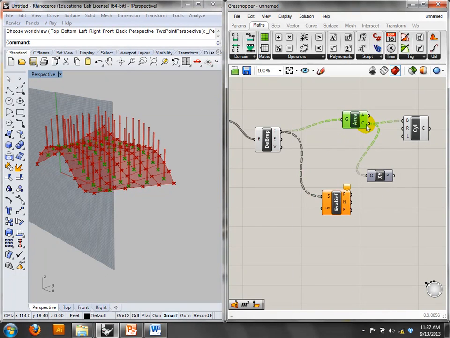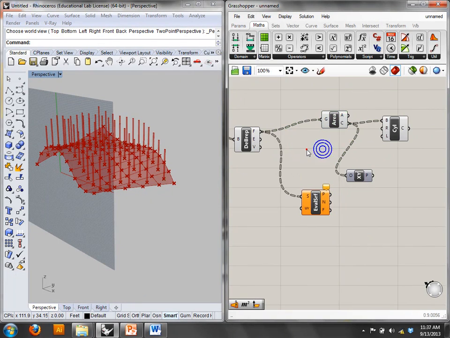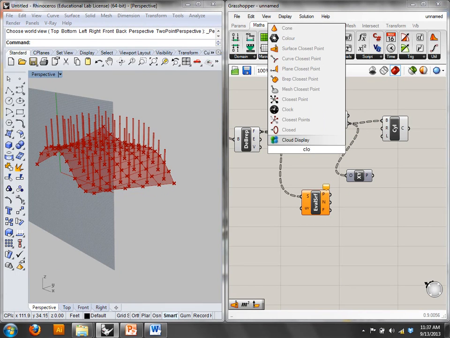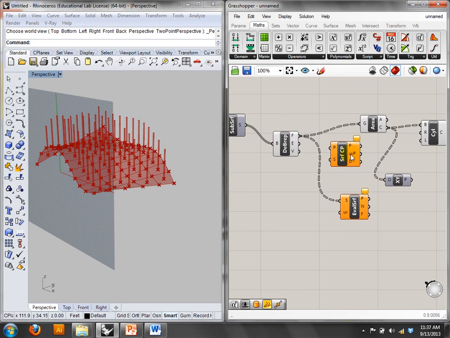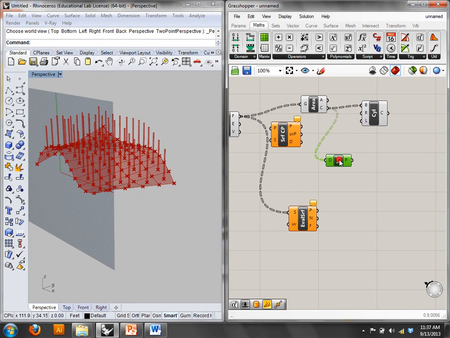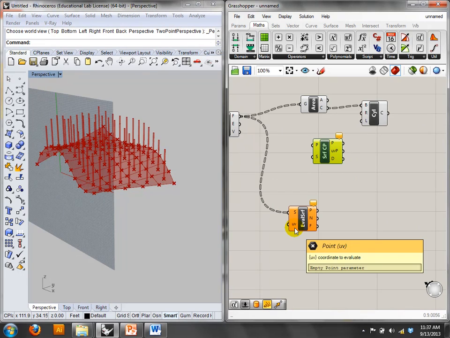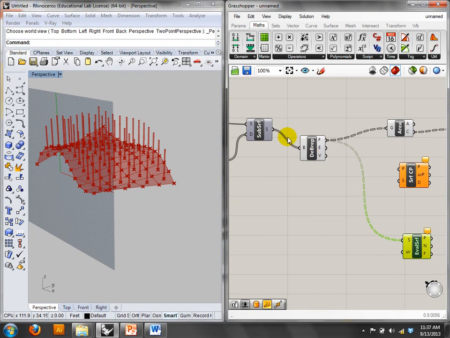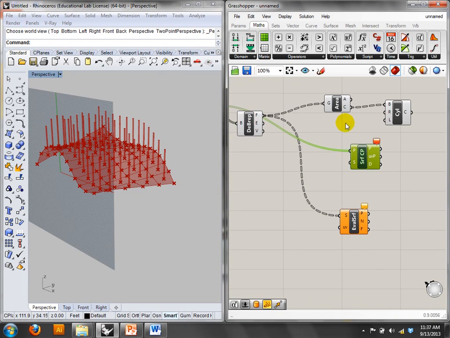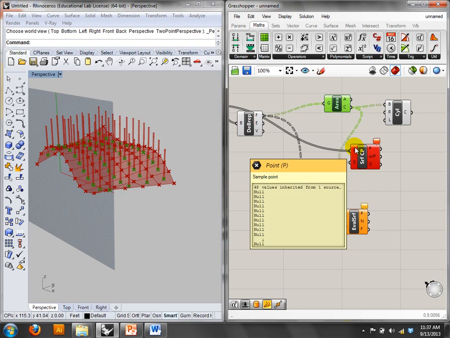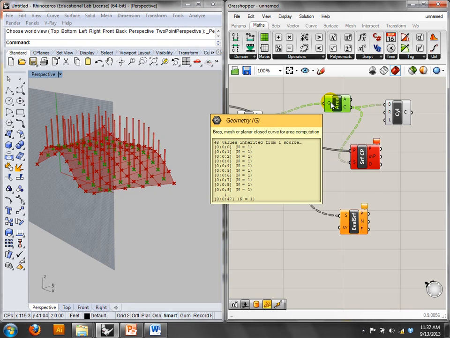And then I've got the centroids. So each one of these surfaces, right? There's 48 surfaces. I want to take the centroids, which are the center of each surface, and I want to get the closest point. Let me make sure this is all clear here. Okay. I need the UV coordinates. In order to get the UV coordinates, I need to go back to the surface I cut up. I need to find the closest point on that surface to the center of each surface. So I take the centroid, plug it in for point,